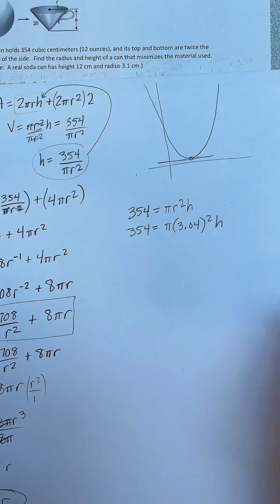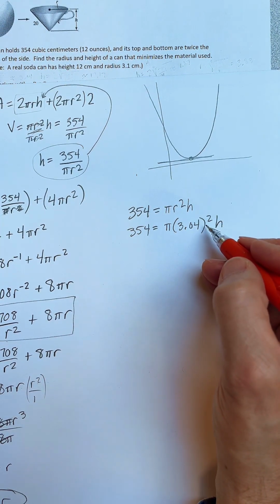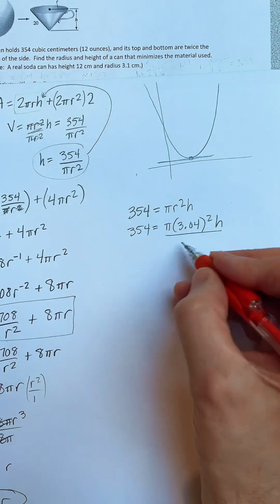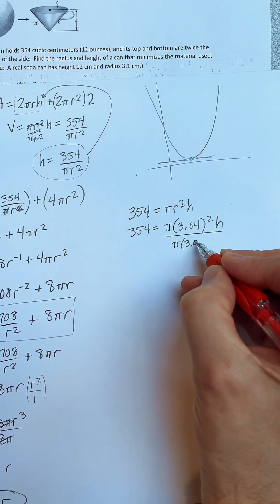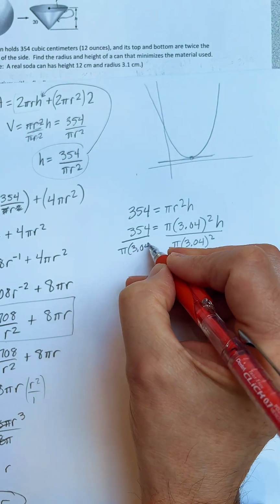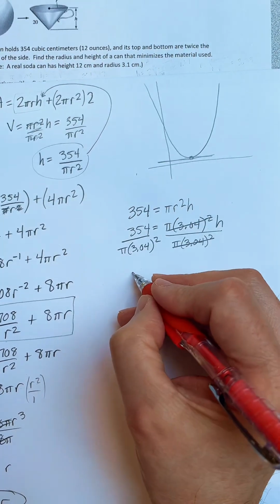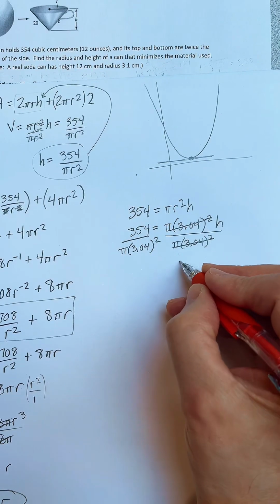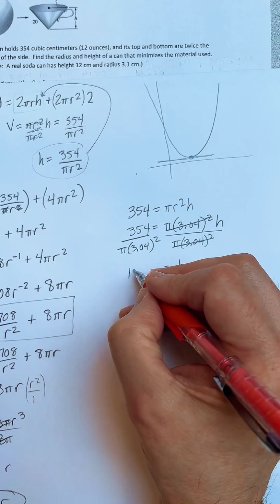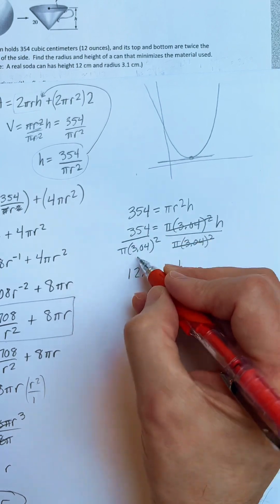I don't have access to my calculator right now, but 3.04 squared times pi. I guess I can move this. I'll just divide both sides by pi times 3.04 squared. So now this is gone, and h equals what this mathematically boils down to, which is, where's my answer? 12.17. If we square this, multiply it times pi, take that divided by that, you end up with